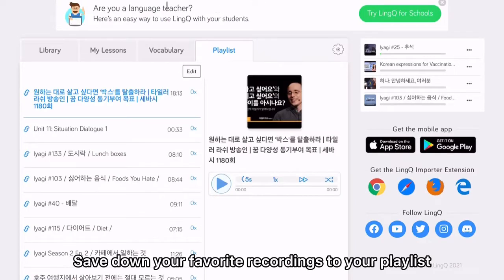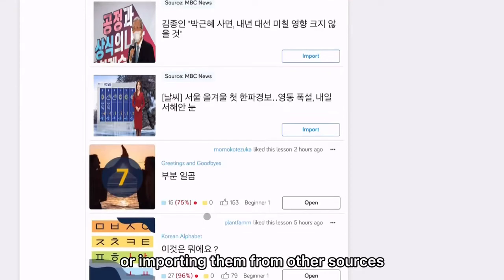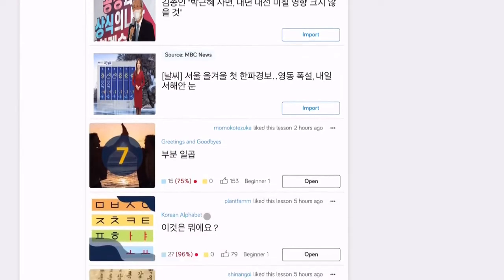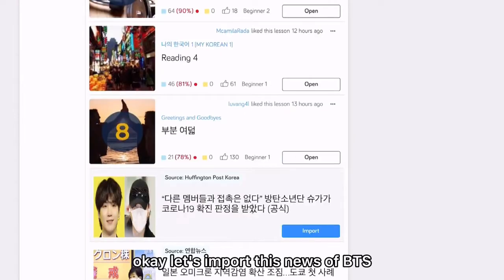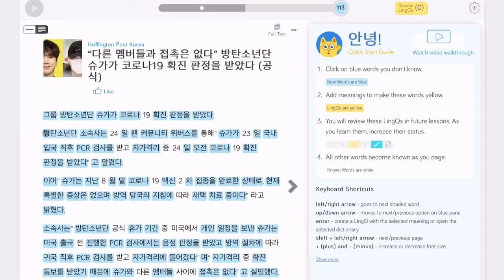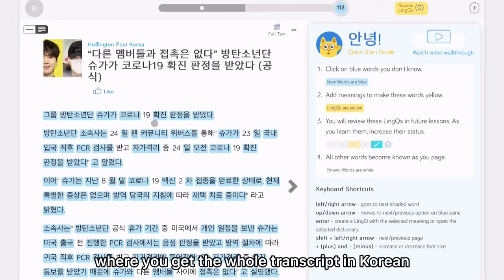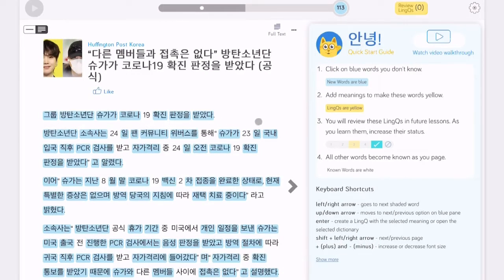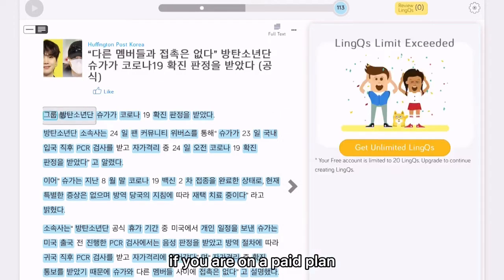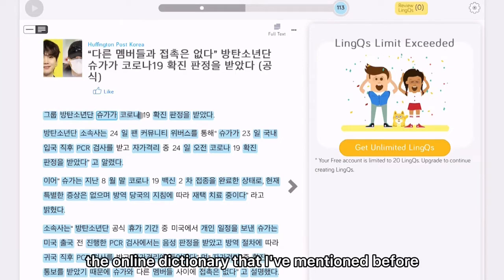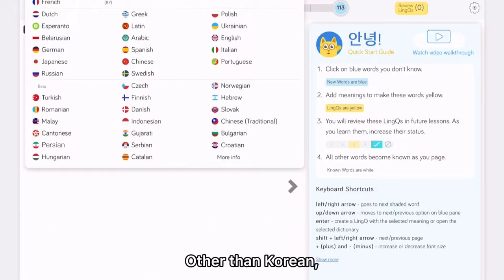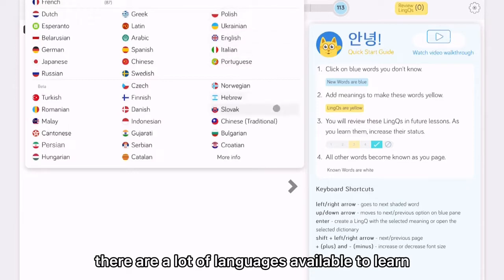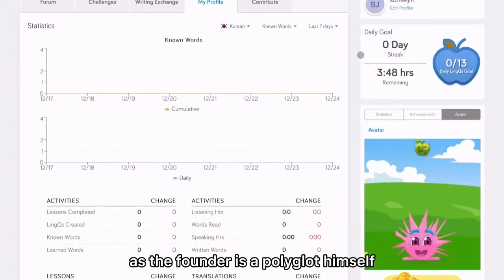Save your favorite recordings to your playlist, or import them from other sources. Okay, let's import this news of BTS, where you get the whole transcript in Korean. You can check out the definition if you're on a paid plan, but you can always use the online dictionary that I've mentioned before. Other than Korean, there are a lot of languages available to learn, as the founder is